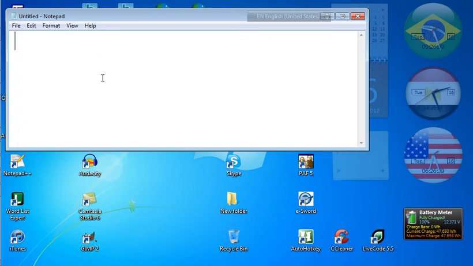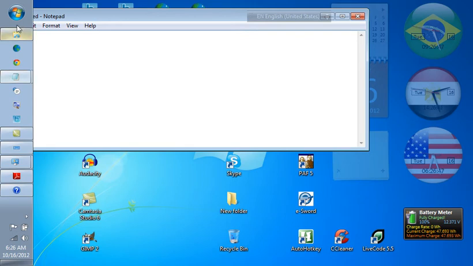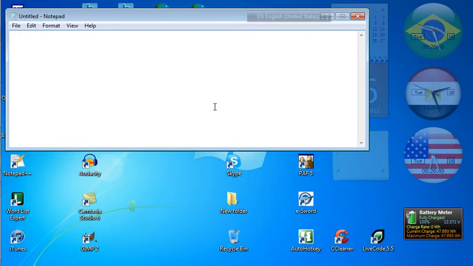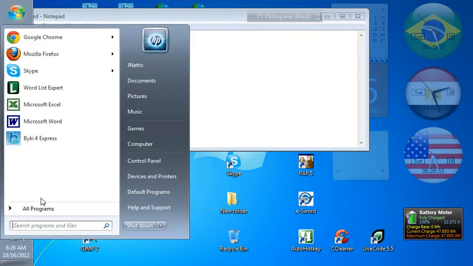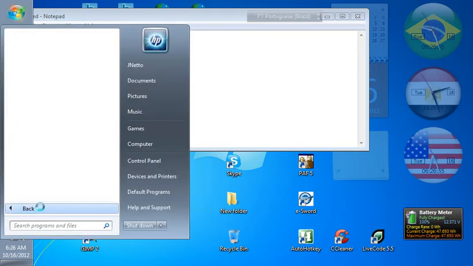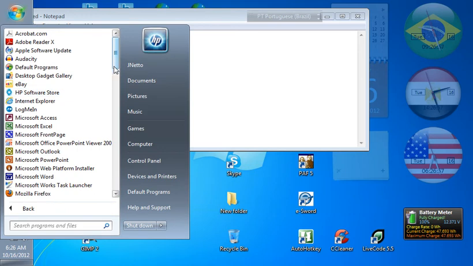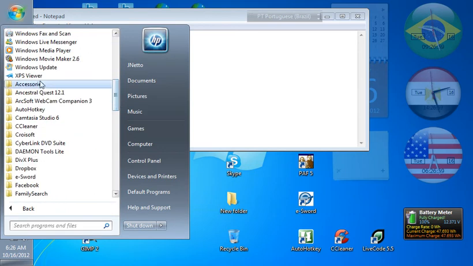And by the way, you can use this with Word, Excel, Notepad, Internet Explorer, or any other internet browser. And then for you to memorize, for you to use this, you can go to Start menu, All Programs, then you scroll down to Accessories,